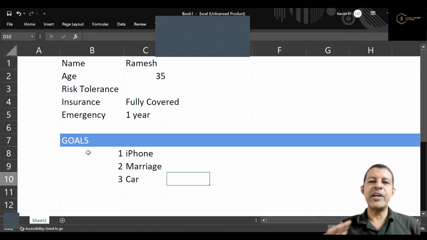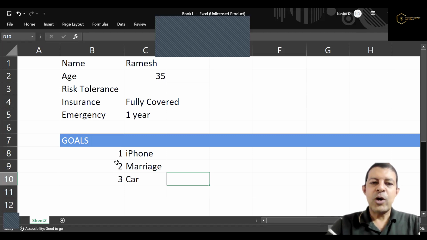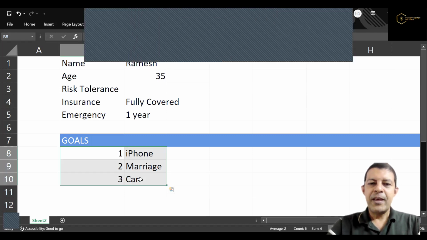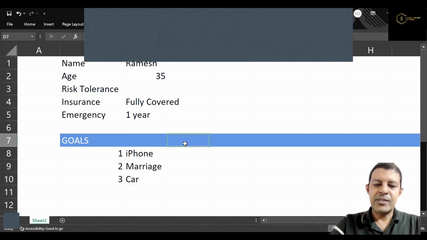We have not considered his retirement. Retirement is a completely separate planning altogether. For that, I'm going to prepare a separate video. So now these are his three goals. And as I said, as part of the financial plan, we need to understand the cost and the timeline for each of the goals. So let us see cost